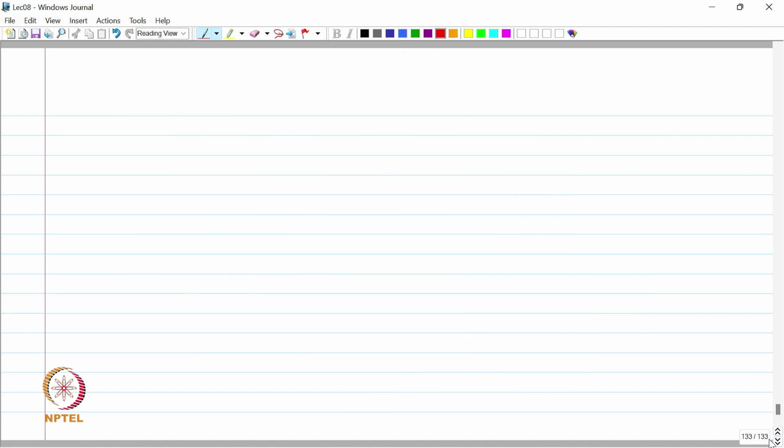Now we can write the Hall voltage buildup in this sensor. VH is equal to I into B upon N E into D, where I is the DC current through the Hall device,